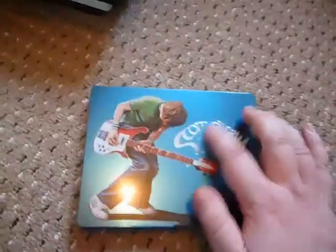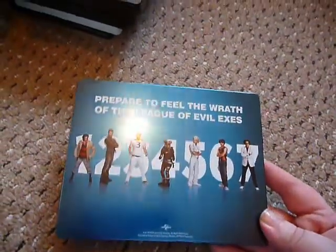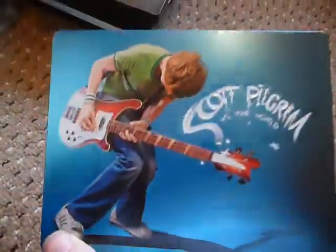2 more. We have Scott Pilgrim vs. the World, and this has the title debossed. Of course this was a re-release, because the original red version had been released earlier, but at least it's completely different artwork. Pretty cool back artwork as well, and cool inside artwork too. So although the first one is harder to get, this one is easier to get, but they do complement